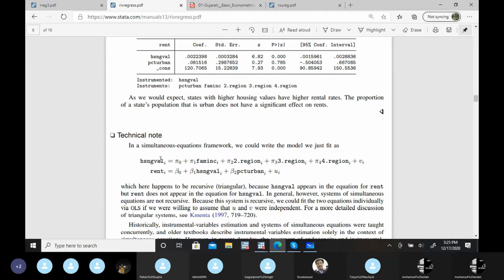Yes, one other thing. This is an example of, yes, okay. Let's you answer this question. Do we need to worry about endogeneity here? Is there any problem of endogeneity here, that coefficient estimates are biased or inconsistent or not? Anyone?